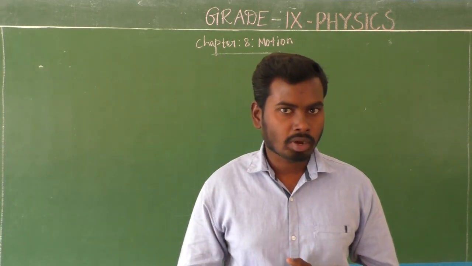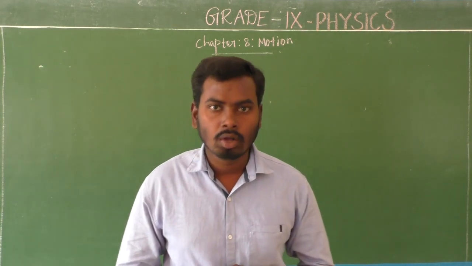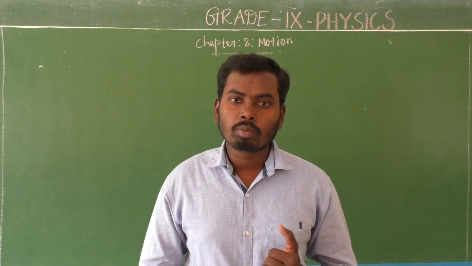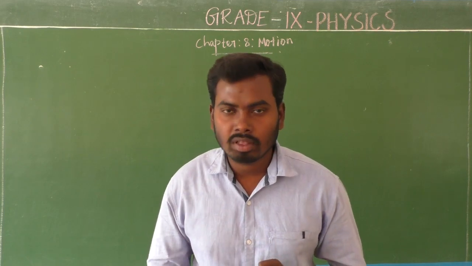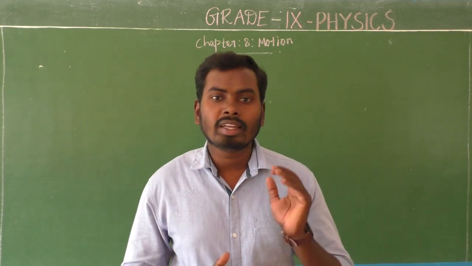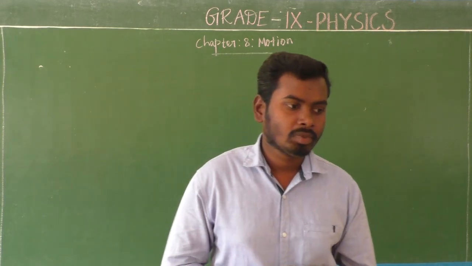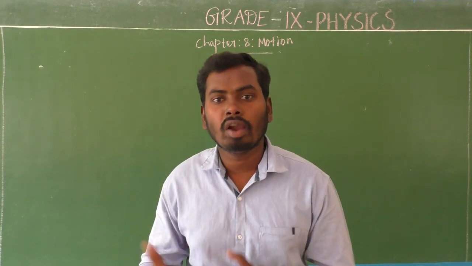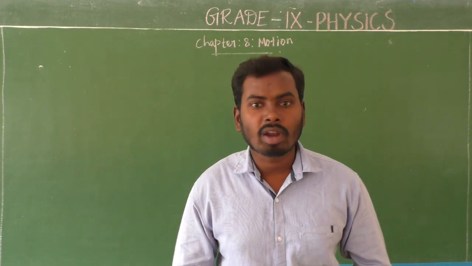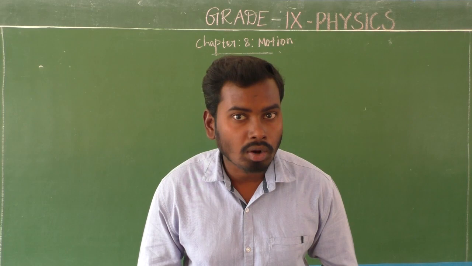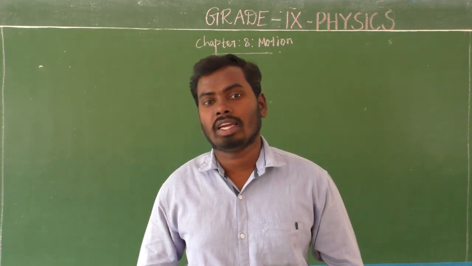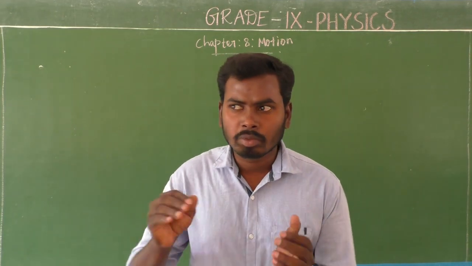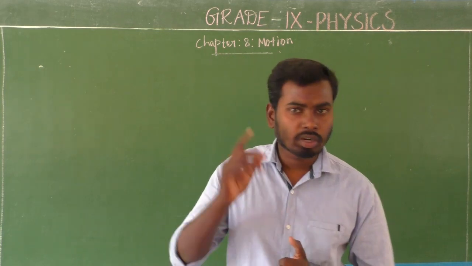So the distance time graph is employed under three conditions of the object motion: first, when the object moves with uniform speed; second, when it moves with non-uniform speed; and third, when the object is at rest. Is it clear? Yes. And in the distance time graph, what quantity have we calculated? The distance time graph is used to find out the speed of the object, whether the object moves with uniform speed or non-uniform speed, or is at rest. Is it clear? Yes, very simple, don't get confused.